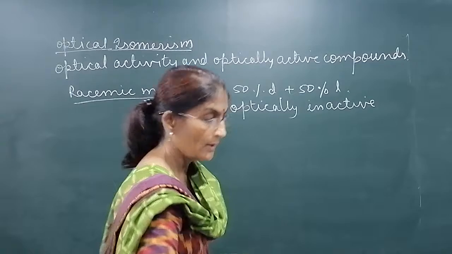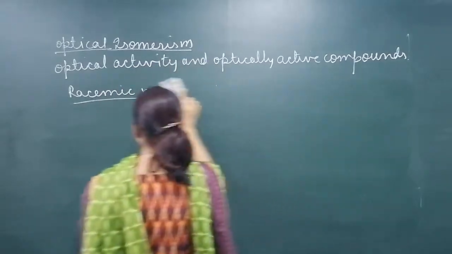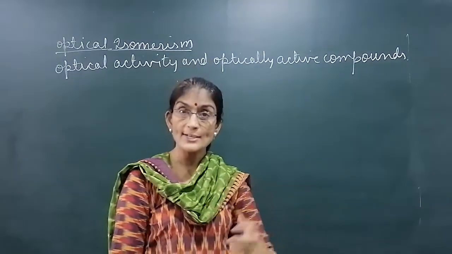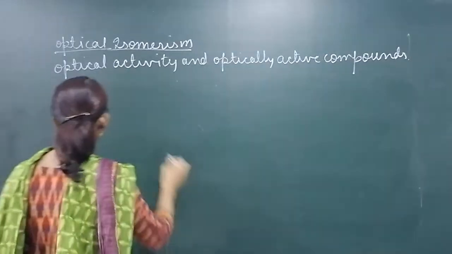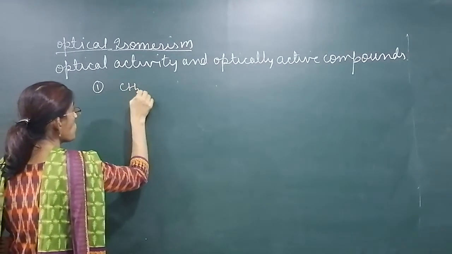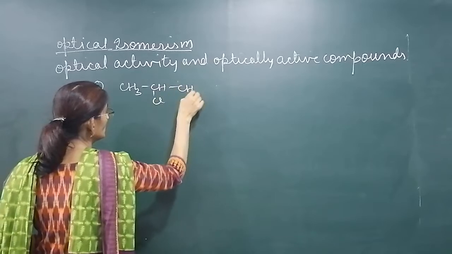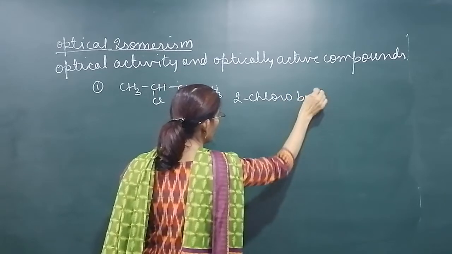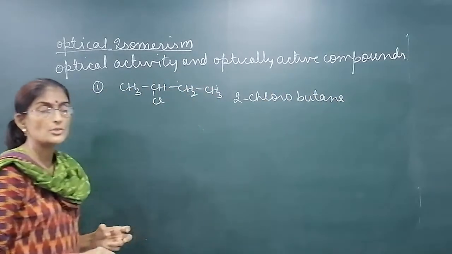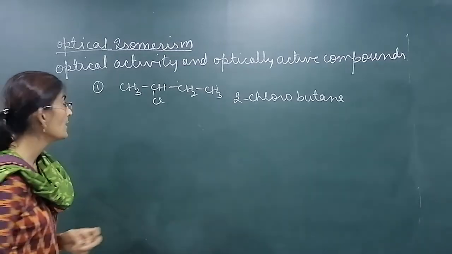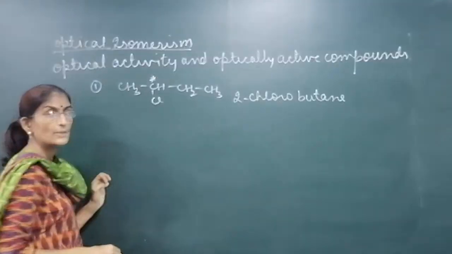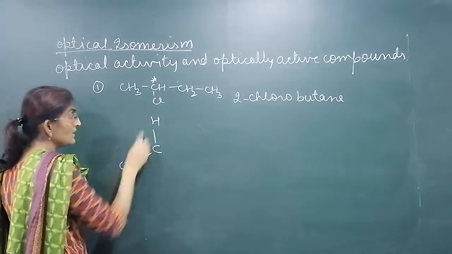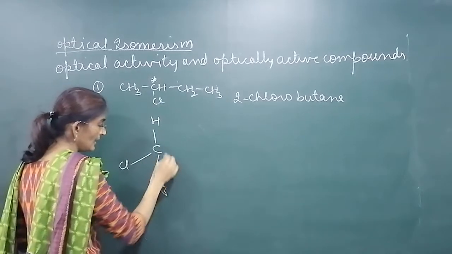Okay. Now there are few examples. How can we find out whether compounds are optically active or not? And if they are optically active, then how can we say what the isomers, dextro and levo, are? First compound is 2-chlorobutane. We'll find out whether it is optically active or not. First of all, we have to find out whether it has a chiral carbon or not. This carbon is a chiral carbon. How do we know? All the 4 valencies attached are different. One is H, another one is Cl, next is methyl, and the next is this.